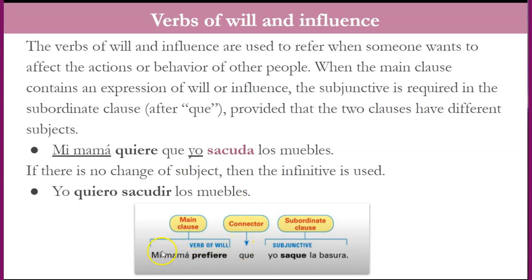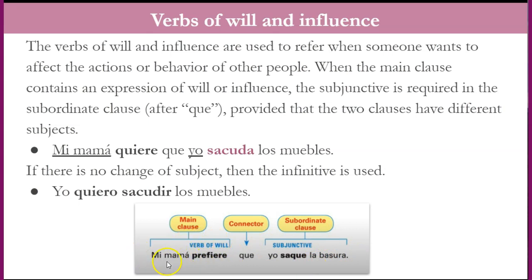So here's a picture of what you have in your book. Your main clause is where you are going to use the verb of will or influence, usually in the present tense of the indicative. So you're going to say mi mamá prefiere, my mom prefers, que is the connector, yo saque la basura, that I take out the trash. So prefiere is the verb of will.